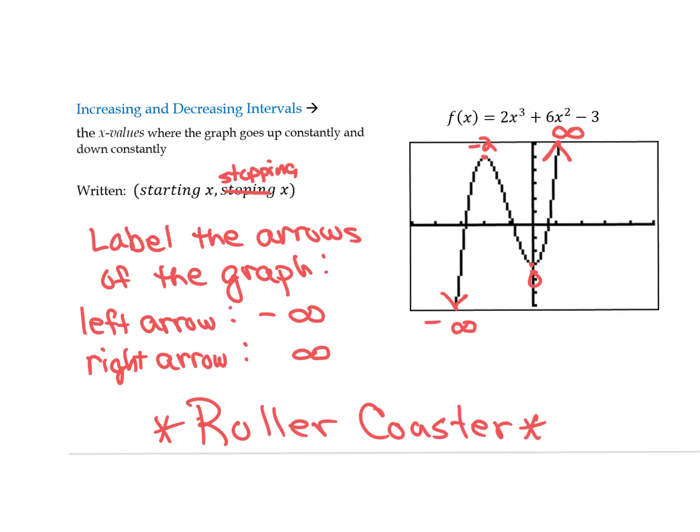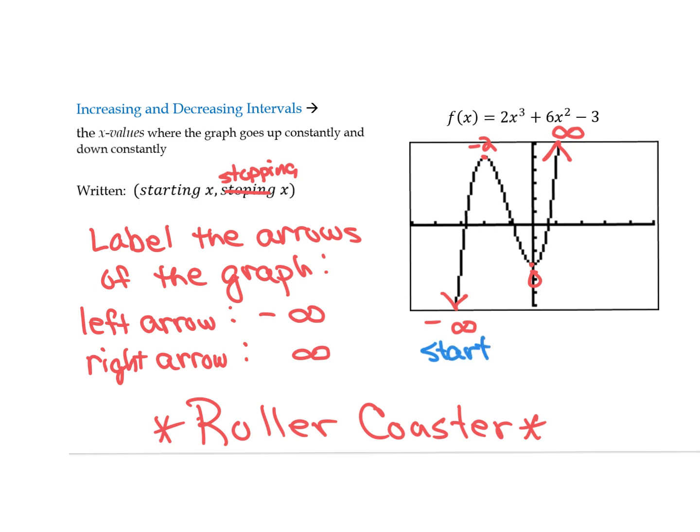And the arrow on the left, and this is important, is always going to be negative infinity. It doesn't make any difference which direction it is pointing. It is negative infinity. And the arrow on the right is always going to be positive infinity. So if I'm following this graph, and we're always going to start on the left-hand side,